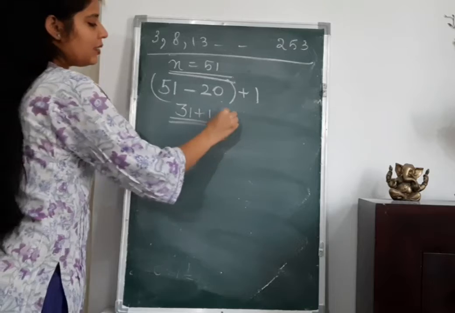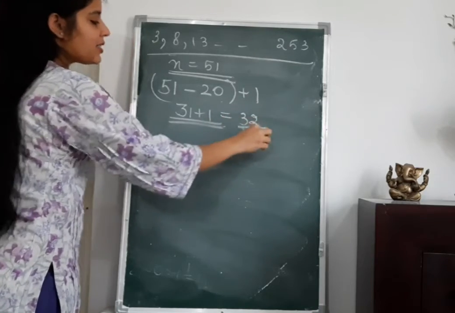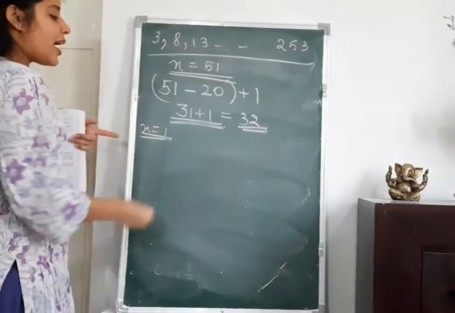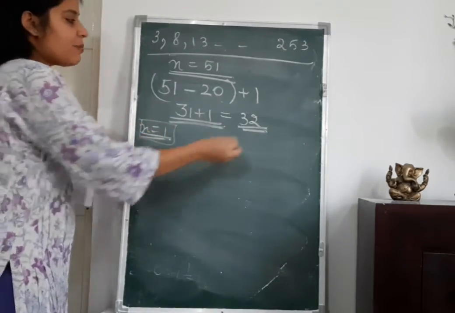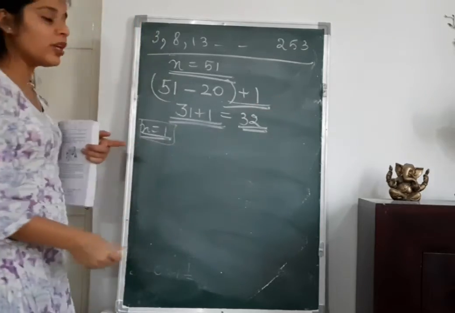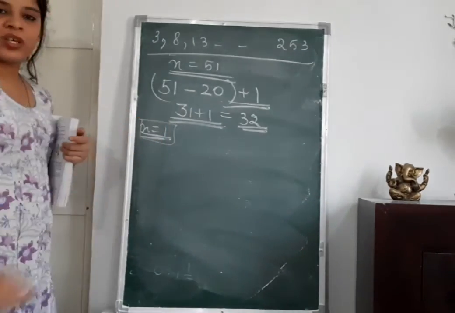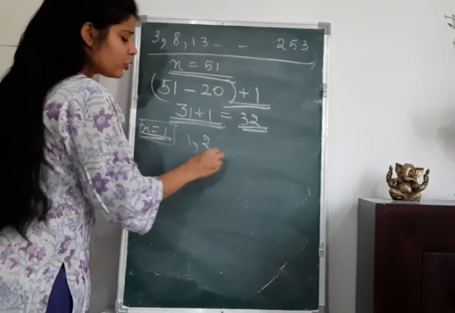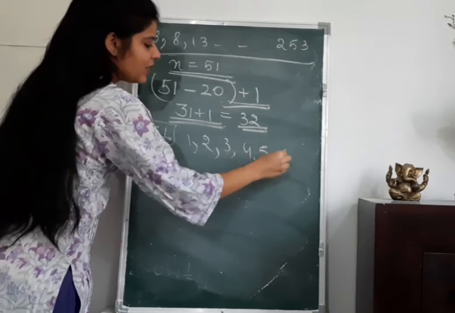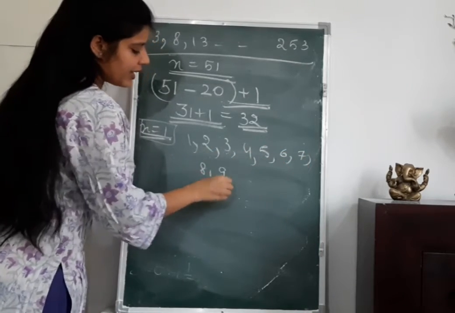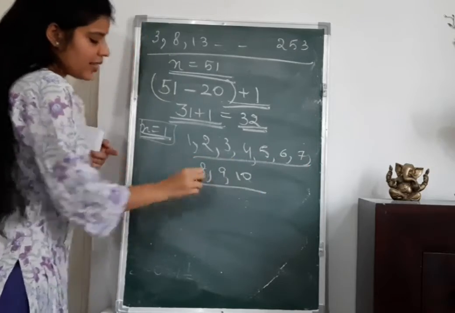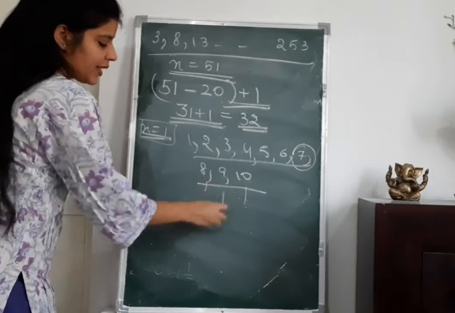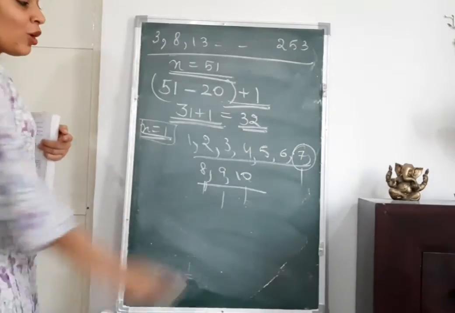Why am I adding 1? Because n is starting from 1. n is not starting from 0. So as n starts from 1, it is important for me to add 1 here. If I am not going to add 1 here, then my answer for this question will come wrong. Or you can see it using one small example: 1, 2, 3, 4, 5, 6, 7, 8, 9, 10. So these are the 10 terms of an arithmetic progression. Now, the 7th is the first, second, third, fourth last term of this series.